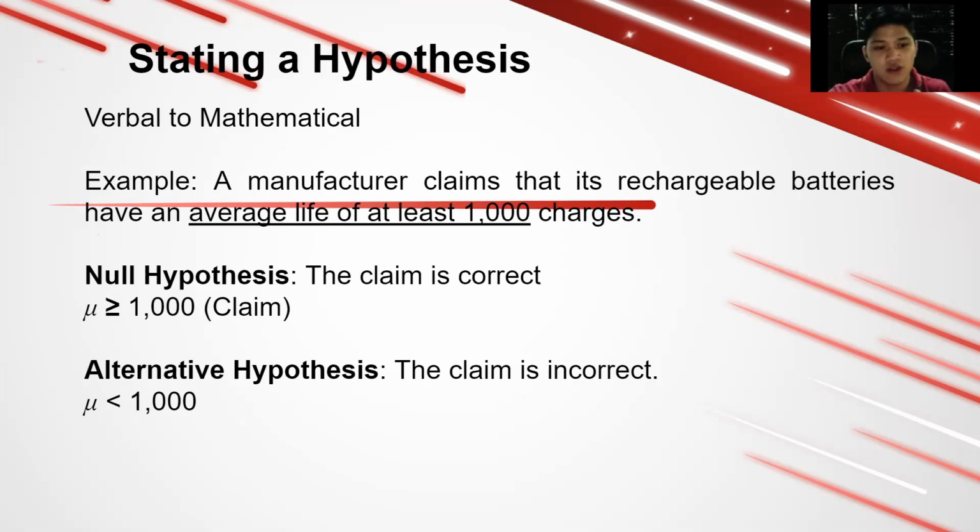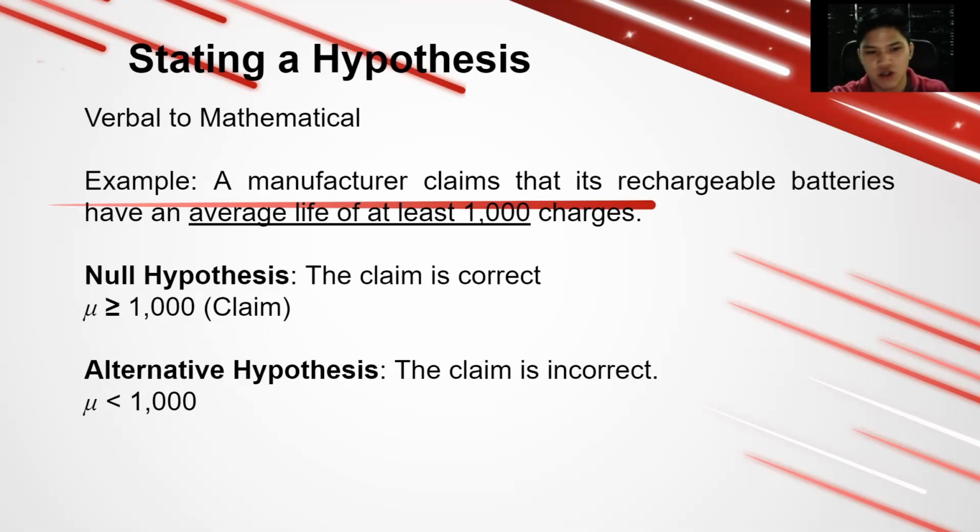The null hypothesis that we place is that the claim of the manufacturer is correct, wherein the null hypothesis would be mu is greater than or equal to 1,000,